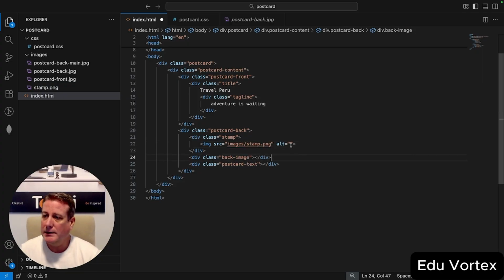Alt is an alternative text. So what this is, so you understand what this property means, it is for, let's say, screen readers or other kinds of accessibility. So that when you're going through an image, if somebody can't see because they have a sight impairment, a screen reader can pick up the alternative text and it will read it,